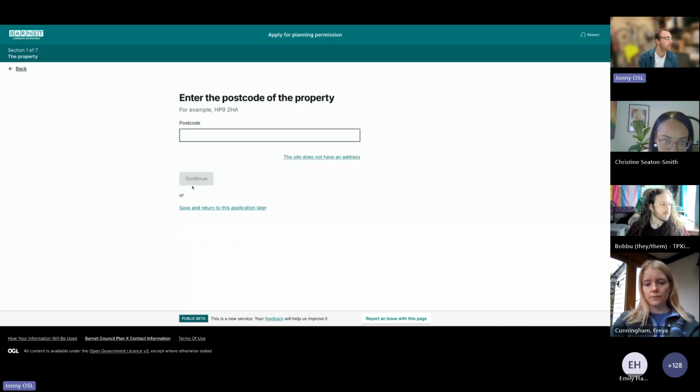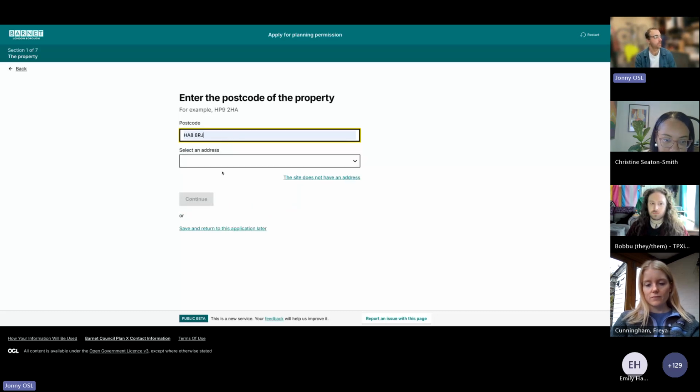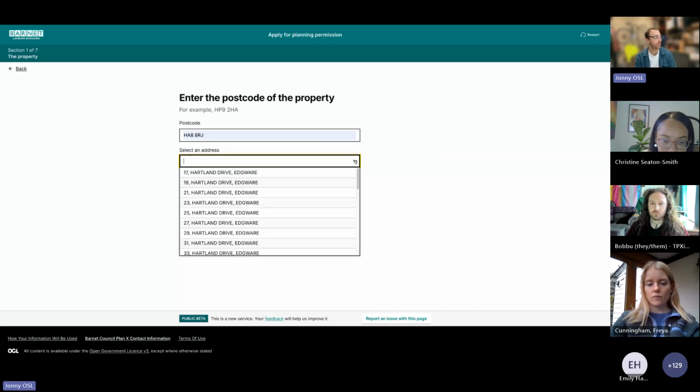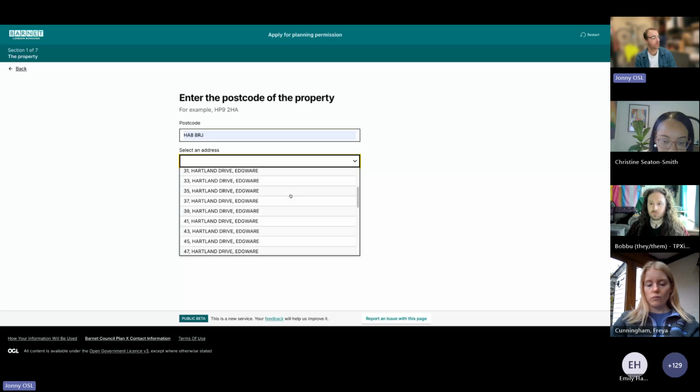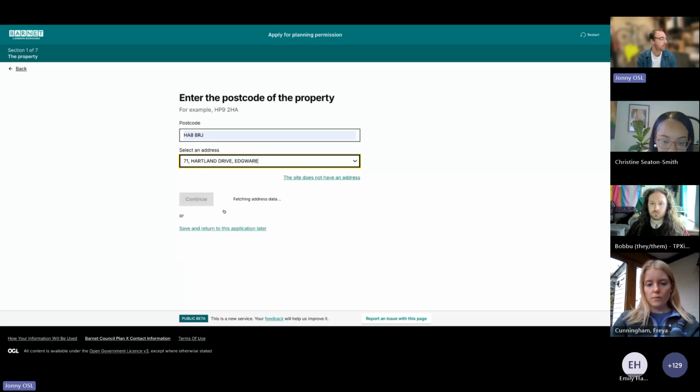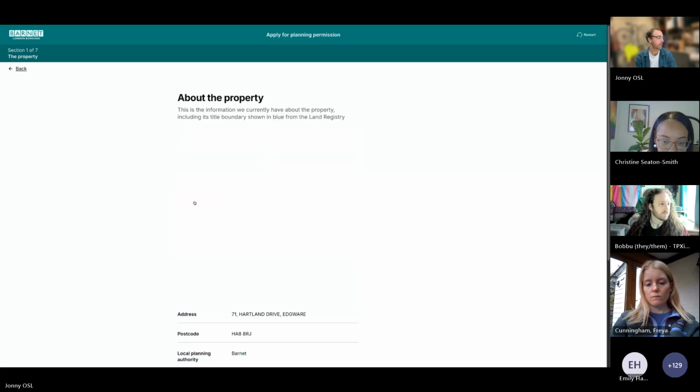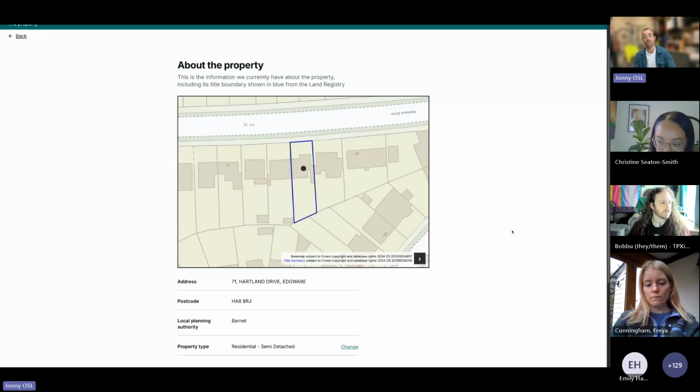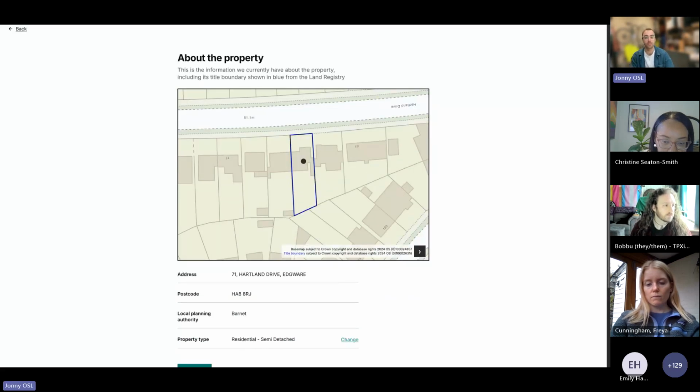And now we're into this next stage of the application. So what I'm doing here is I'm entering my postcode. The service is then offering up the addresses that match that postcode. I'm at 71 Heartland Drive. And then what the service has done here in the background is it's using that address, it's queried Ordnance Survey AddressBase Premium,